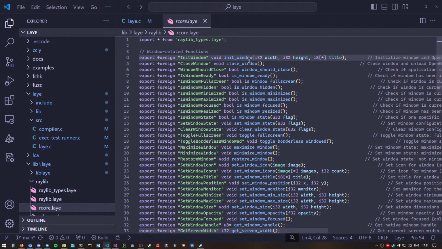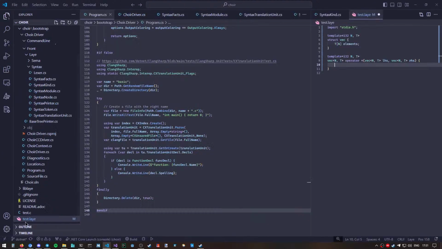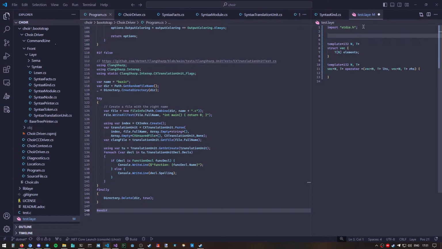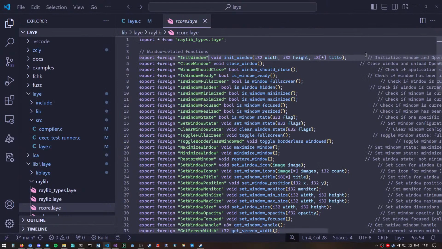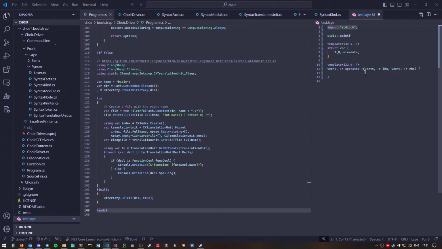So there's lots of ways we're going to be doing FFI, and like I showed over here, I can just import stdio.h. This is going to be namespaced by default, but without name mangling, so stdio::printf will exist now. What this is going to do is read the entire translation unit associated with this header file, and it's going to basically generate in the syntax tree the equivalent of these. Now, 100% semantics, unsure,